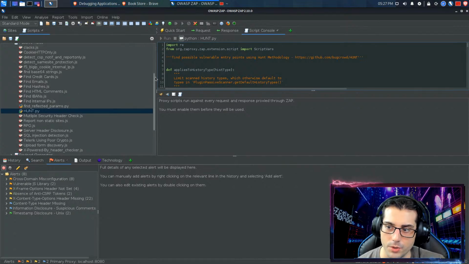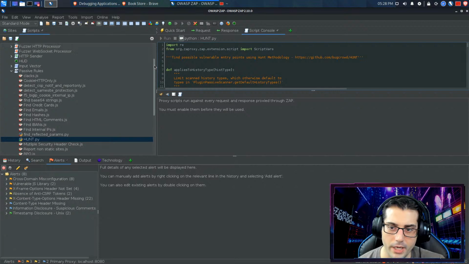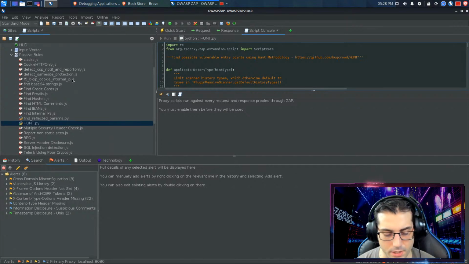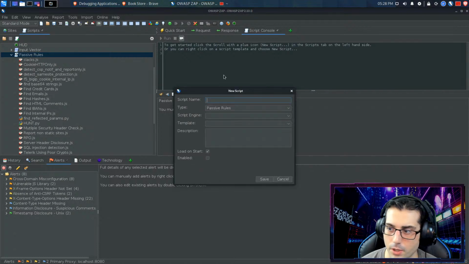Another one I'm going to do is create a Zest script. I was meaning to do this, and I'm going to specifically look for HTML comments in the HTML source, because especially in CTFs, a lot of junk is just hidden in there, right? So I'm going to create a new passive rule. I'm going to try to do it with Zest, and if I can't do it, then I'll do it in Python. So I'm going to create a new script here, and